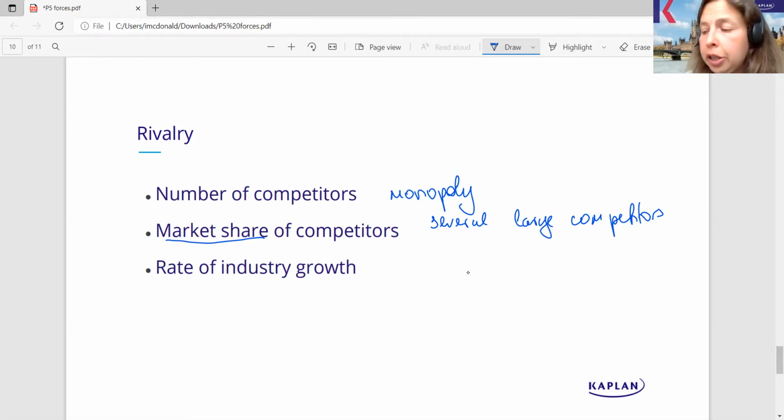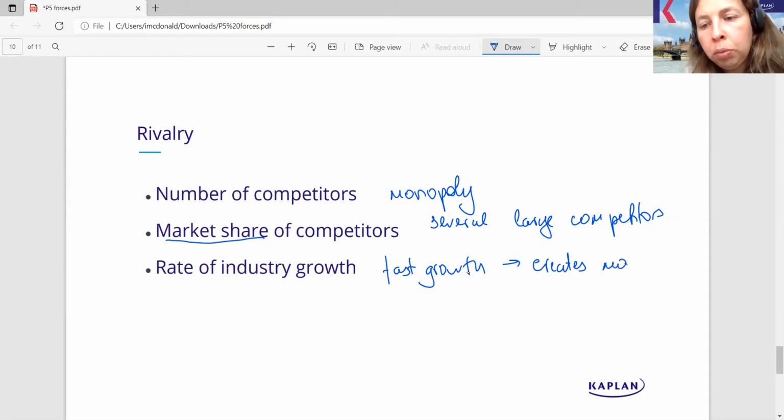Finally, the industry growth. The general idea is if we have fast growth, as in the sales in the industry are growing very quickly, that will create more room for everyone. It's more room for everyone to boost their sales to achieve their growth targets, and that reduces competitive pressure. However,